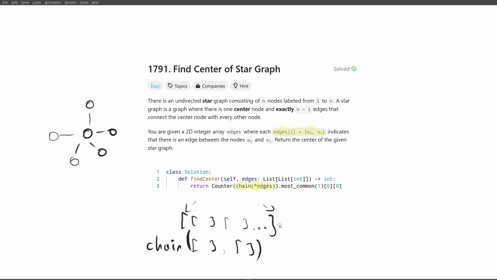Now we want to count the number of times every vertex appears in that list. We can just do that by initializing a counter with this iterable. And when we have the counter, we can use the function most common to return the single most common element. The return type is a list, so we take the first element of that list because it's a single element list. And then we return the first element of that,